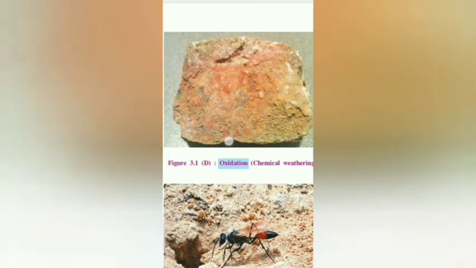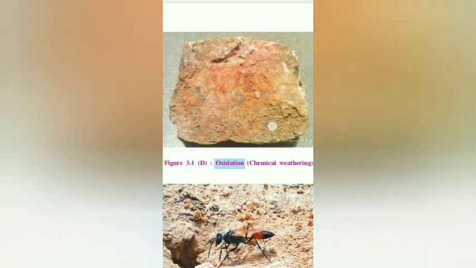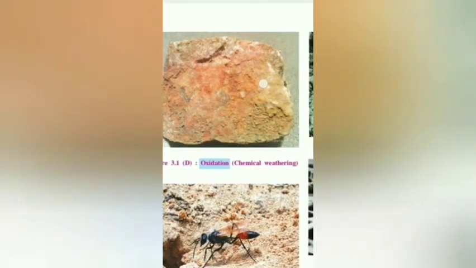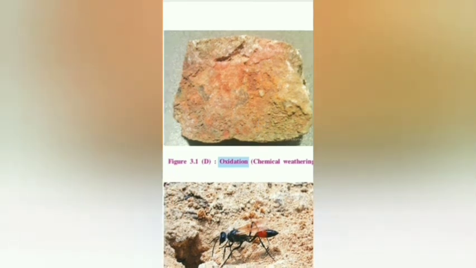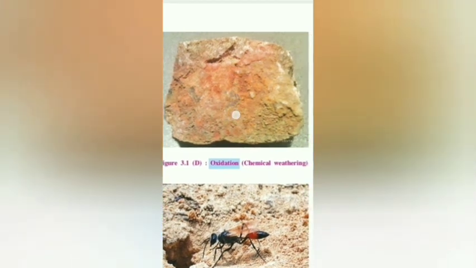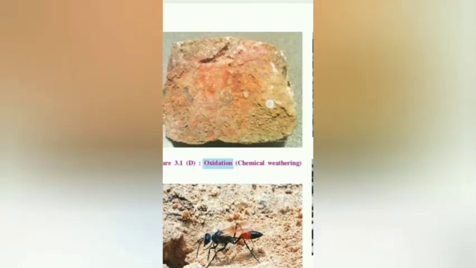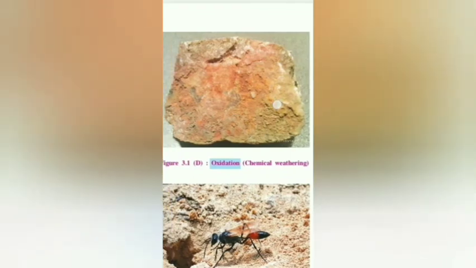You can see here this rock has a reddish layer, and this happened because the iron in this rock reacted with the oxygen in the air, or oxygen in the water, sorry, and it made the oxide, that is ferrous oxide, and because of that the reddish layer, that is rust, appears on this rock. And this is oxidation, this is a chemical reaction.